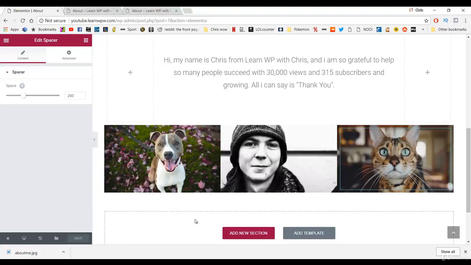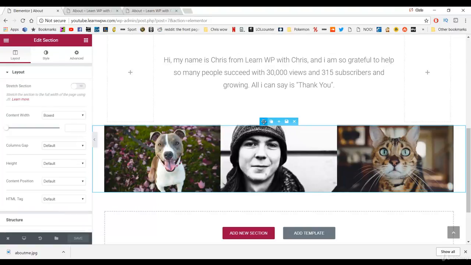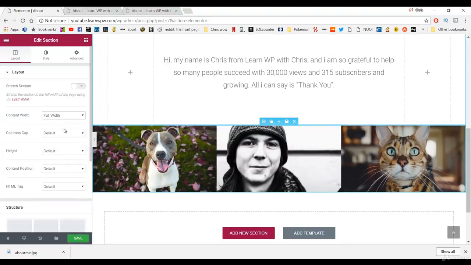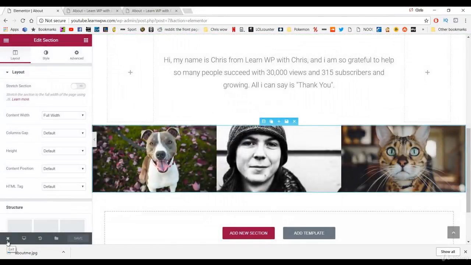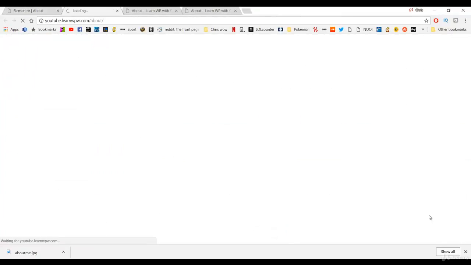And the last thing we've got to do on our about page is just make sure that these images go right across the page full width. So to do that, on the top whole section we're going to click on edit, and where it says content width we're going to put full width. You might not be able to notice it right away, but if you click save and then exit and view page,